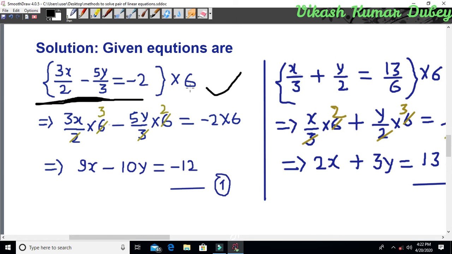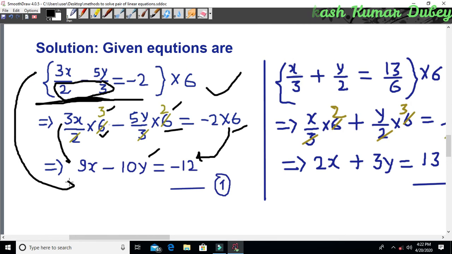So in any equation you have to multiply by the LCM of the denominators. So I'm multiplying by 6. Here is the 6, here is the 6, and here is the 6. So 2 3s are 6, we cancel here. 3 2s are 6, cancel here. Then here 3 3s are 9, and here 5 2s are 10, and here 2 6s are 12. So 9x minus 10y is equal to 12. This means you first have to convert from this form to this form, then follow the previous steps.